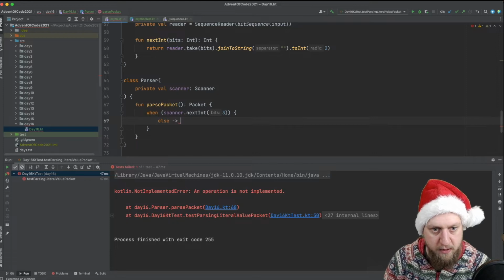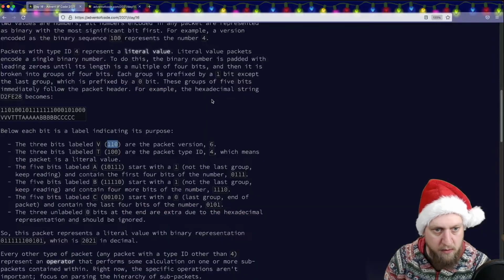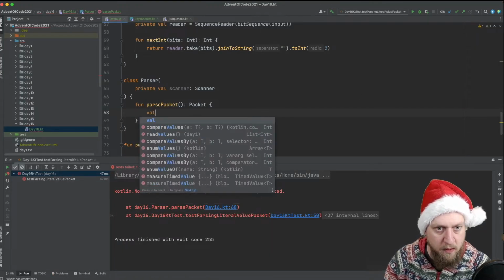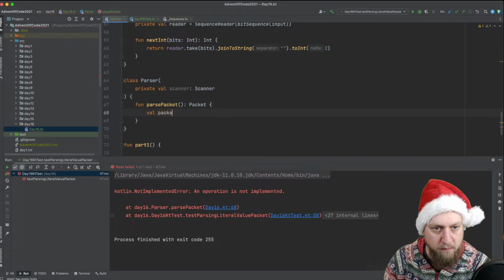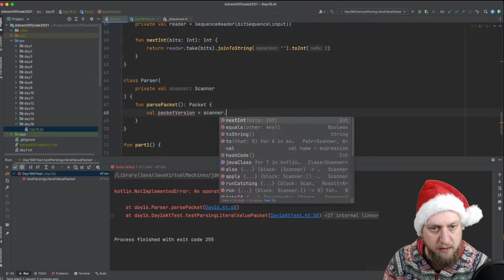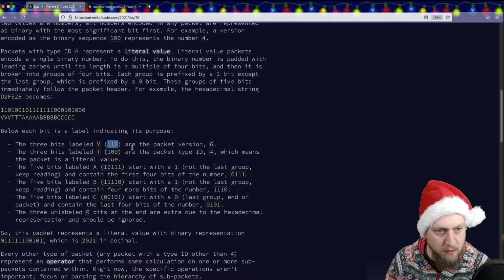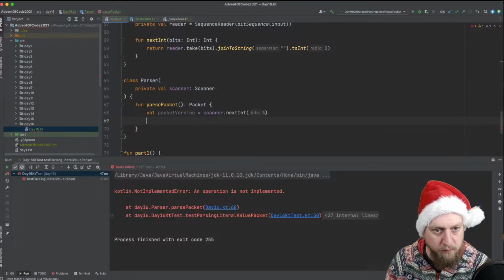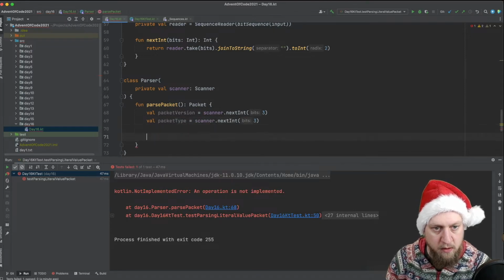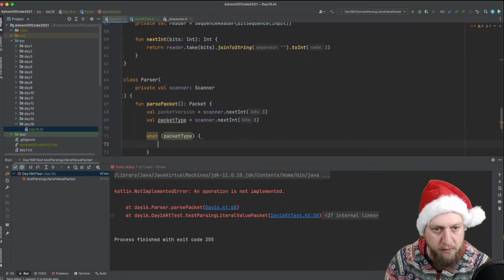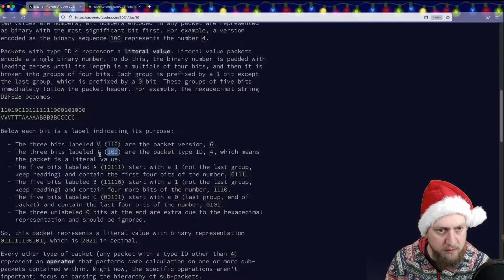If this is something else, this is oh no, packet version is scanner next int of 3 bits. Then we need the type, packet type. Then we say when the packet type is 4,